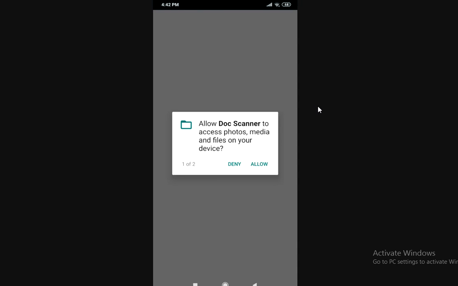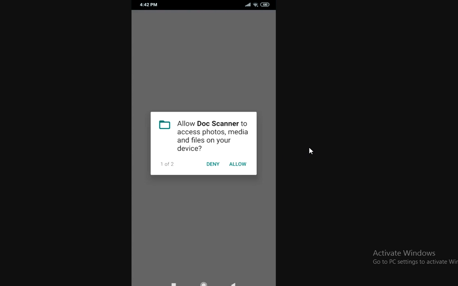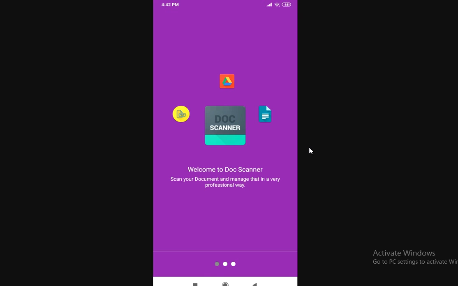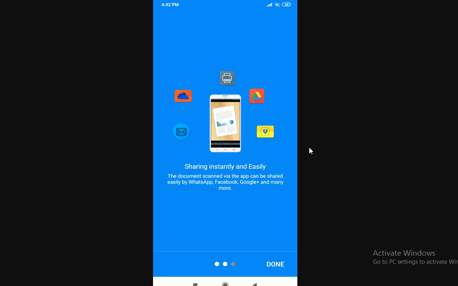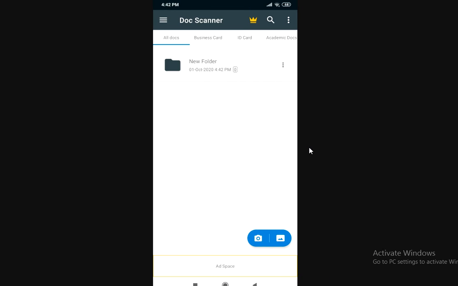and it will ask you to give certain access regarding photos and media that are present on your phone. You have to allow them. You have no other option if you want to use this app. Just allow these options. Moving on, this is the first screen of the app, the startup screen. Skip this also, click on done, and this is the home page of the app that will appear in front